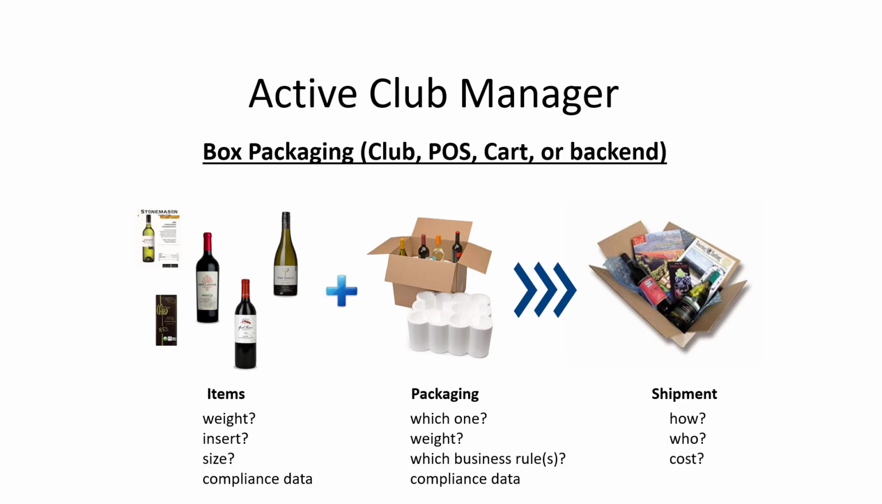So for the items, we need to know their weight so that we can calculate the total weight of the shipment, whether they need an insert or not, the size, and compliance information that we were showing you earlier. On the packaging, you'll have different packages based upon what's going into the package. So which package are we going to choose? How much does that package weigh? What are the business rules to be associated with that particular packing, and any compliance data necessary for that package